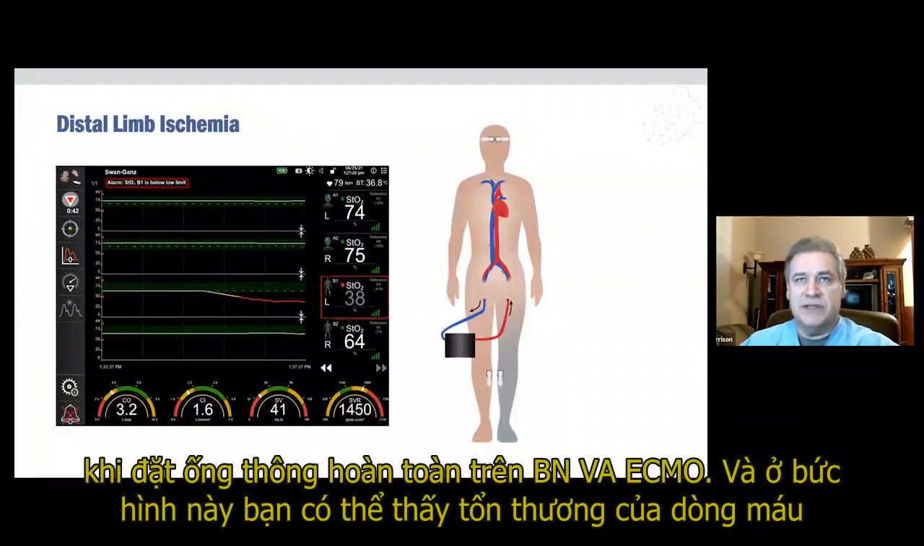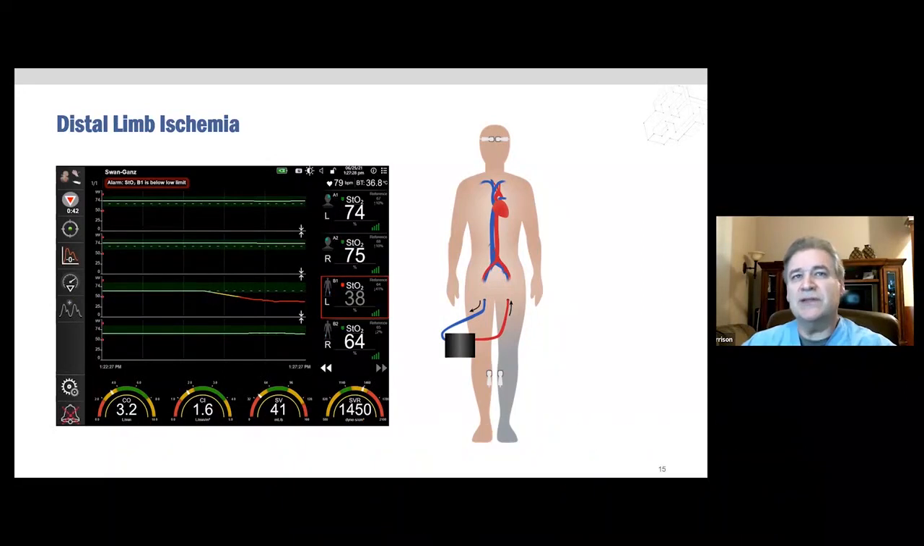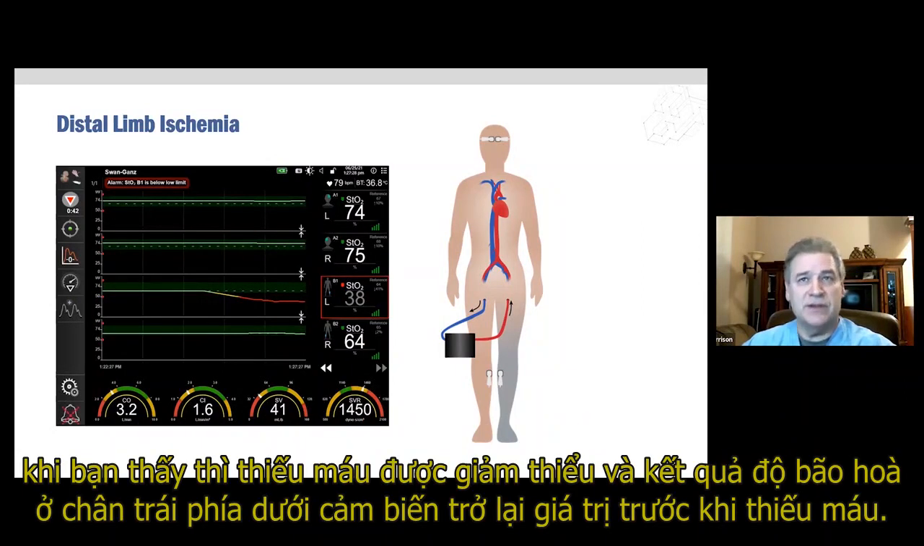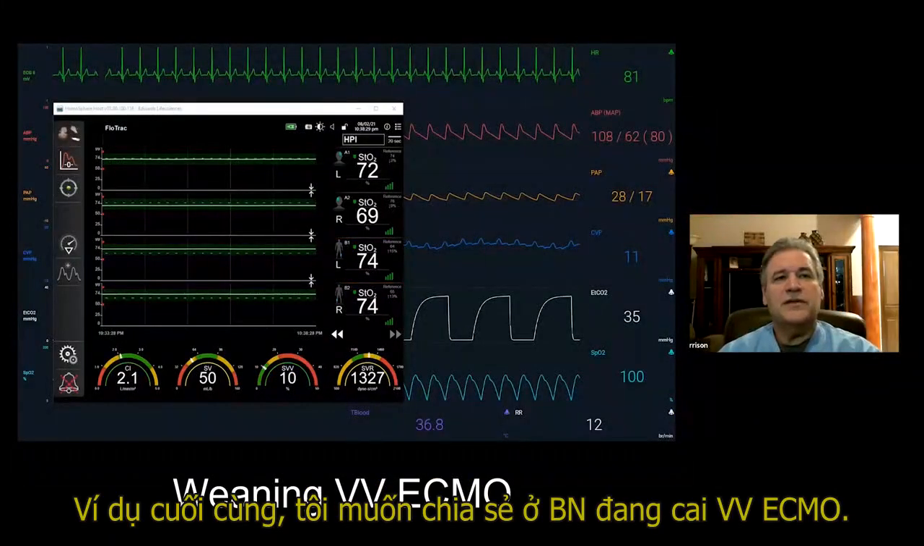And in a pictorial presentation, you can see the compromise of blood flow, shown in blue, to the left leg, as detected by the drop in skeletal muscle saturation by NIRS. And in this example, the decrease was nearly half. But as you saw, the ischemia was mitigated, and as a result, the saturation in the left leg beneath the sensor returned to the pre-ischemic values. So, in the final example,